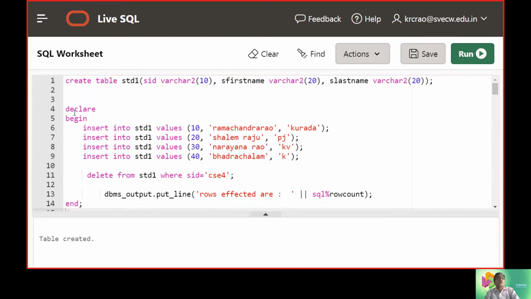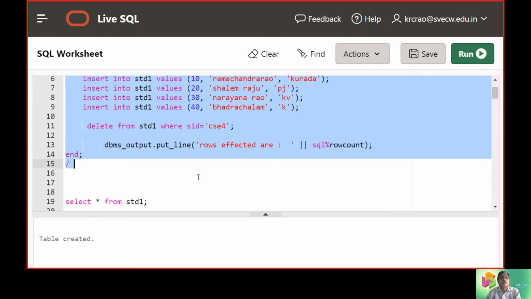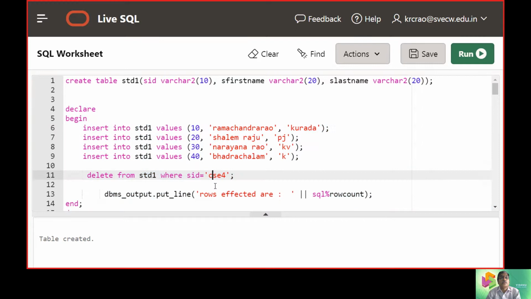So from this part you can see the intention was to create a procedure with a set of implicit inserts as a part of the procedure body. Then we are going to use one more data manipulation language command, delete, and we are going to delete the ID. So there is a change here.